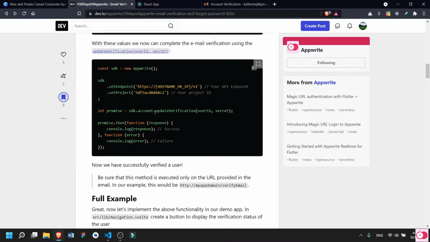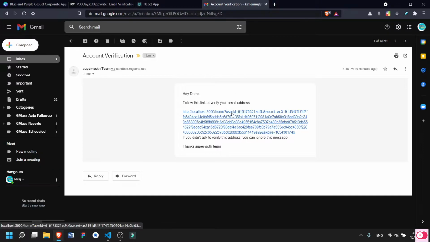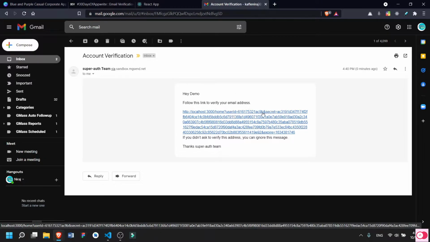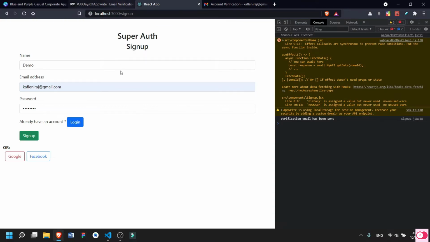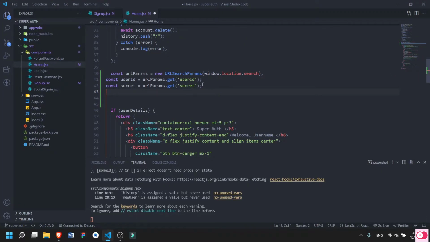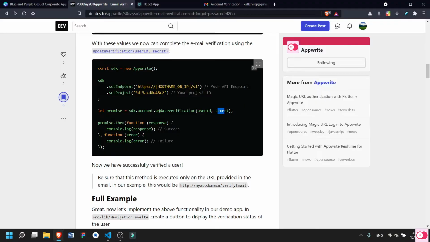Then we will be using update verification to complete our verification and pass the user ID and secret. So the user ID and secret will be passed here. Here you can see user ID and secret. We will grab these details using this code, and after that we will pass them to update verification.